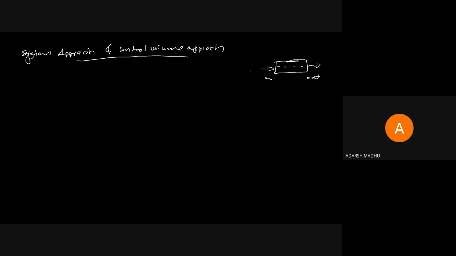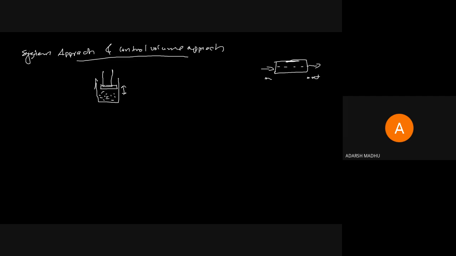So the first one is the system approach. System approach is a particular type of approach where the system contains the same matter. The matter is not leaving the system. Here in a system approach, we can take a piston cylinder as an example. The piston is coming lower and going higher, and there is matter, air, inside at some pressure. For a particular stroke, say a compression stroke, there is no matter leaving the system.